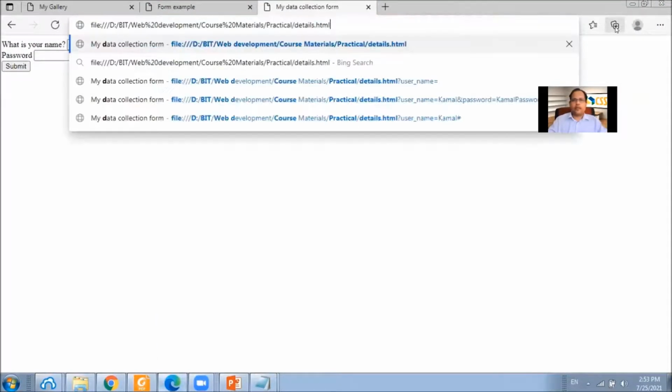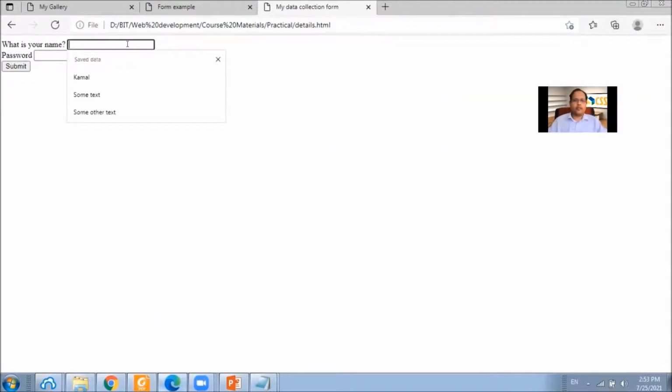Now if we open this page and enter some details and submit, the information are now going as an object rather than through this URL. Now the data are hidden and even the user can't see them from the browser's web address.